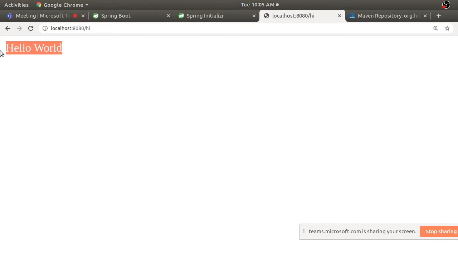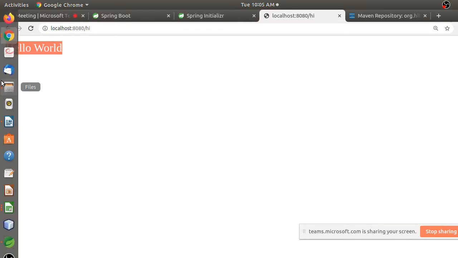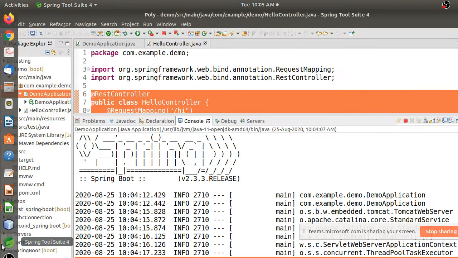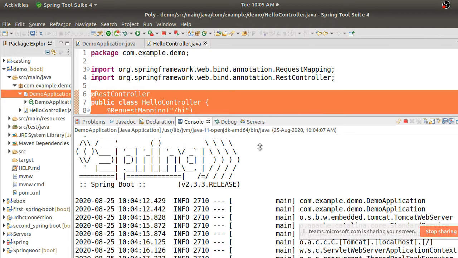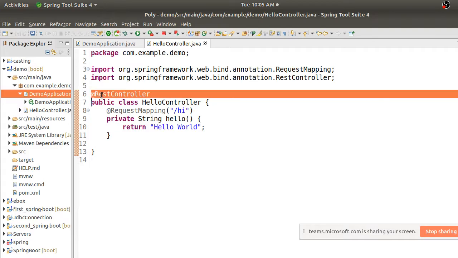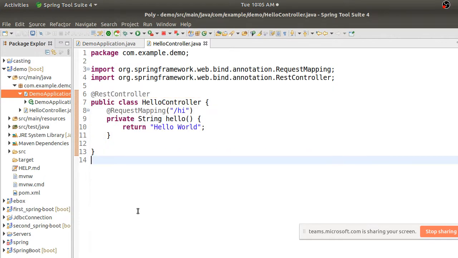So what magic happened here is, even though I just did a Spring application now, what is the Spring application doing? It is doing all the things it was doing before. It is doing autowiring, dependency injection, inversion of control, it does everything that a normal Spring application does, but you don't have to do the configuration. Everything is taken care of by Spring Boot.